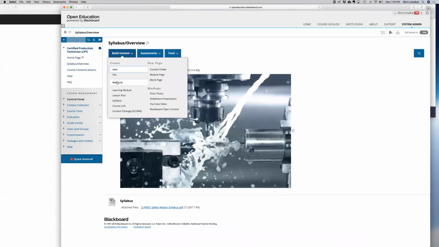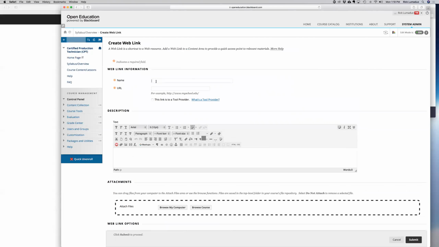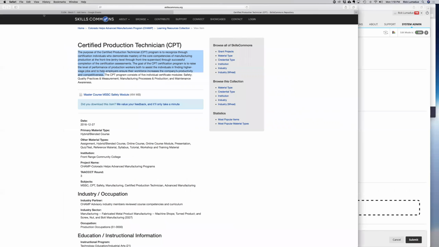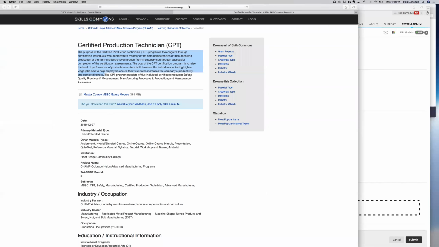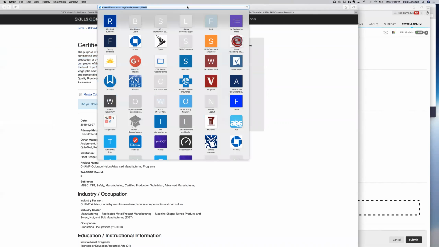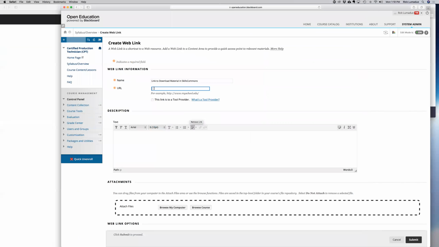Build content, and this one I can add a web link to. All right. So the same thing there, and then I get the web link from here. This one. Okay. So I can just copy that, or I can copy it up here because it's the same one, whichever way works for you. Once you have that open, getting that information, I click submit,